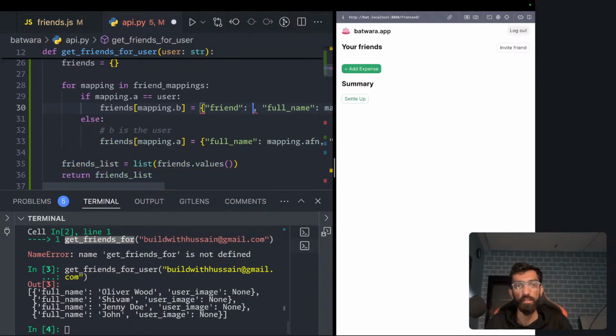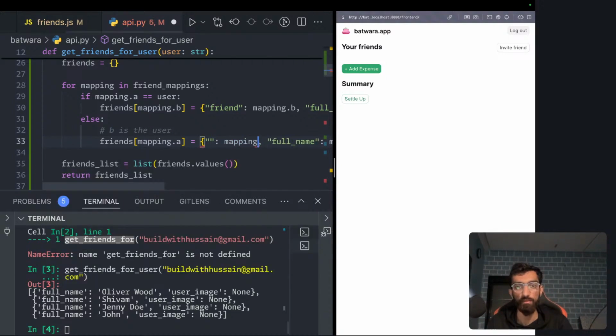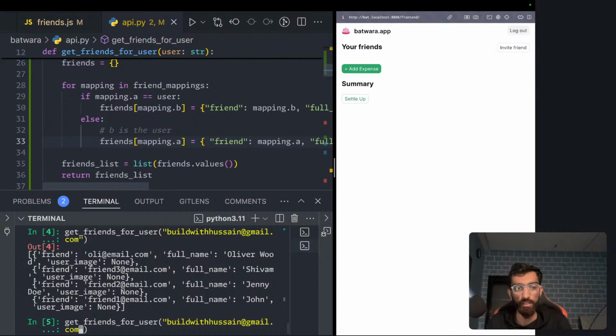Friend, friend is mapping.b. Here the friend is mapping.a. See, now we have the friend as well. So now I can get friends for Oliver, and this should be